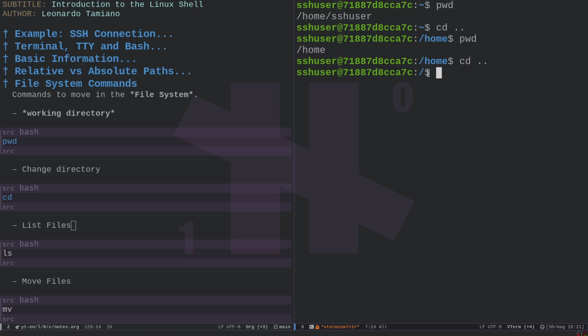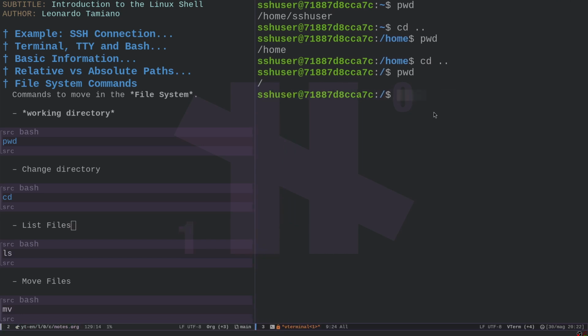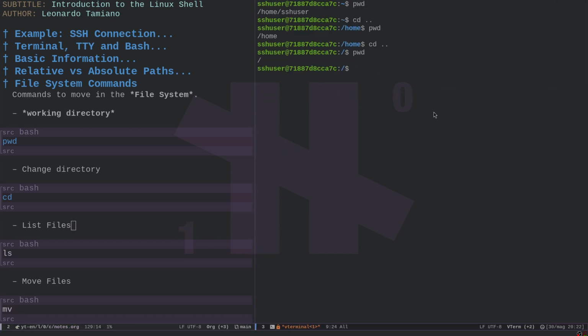Now I am in the / directory, which is the root directory, which is where everything starts out from. So now I want to list out all the files in this specific directory, and I go ls. Now ls gives me all the resources in these directories,